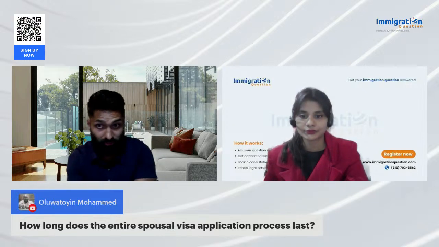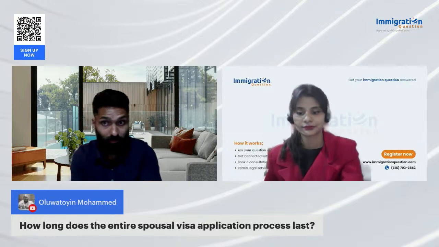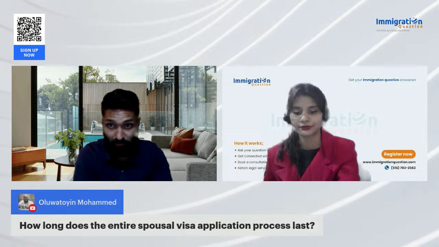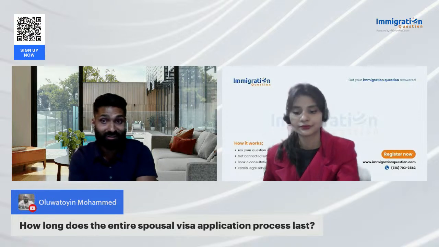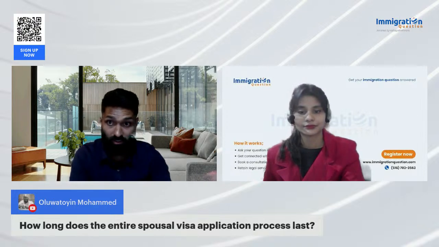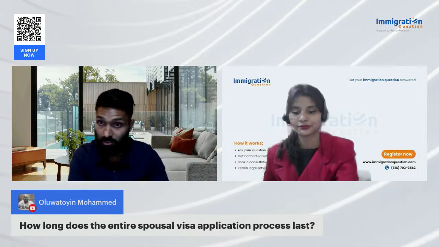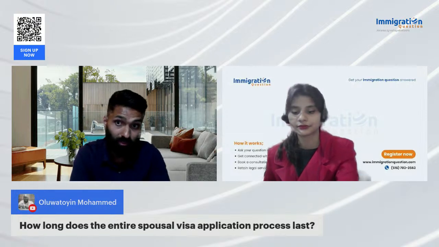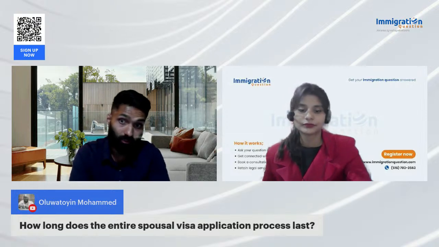The only difference is I do it right the first time, it might move a little bit smoother. The overall time frame I've seen anywhere between 9, 10 months, and then up to 24, 30 months. And then there are certain countries, Pakistan's one of them, where the embassy just backlogged. So we've had cases out there for 3, 4 years still pending. So I can't really answer